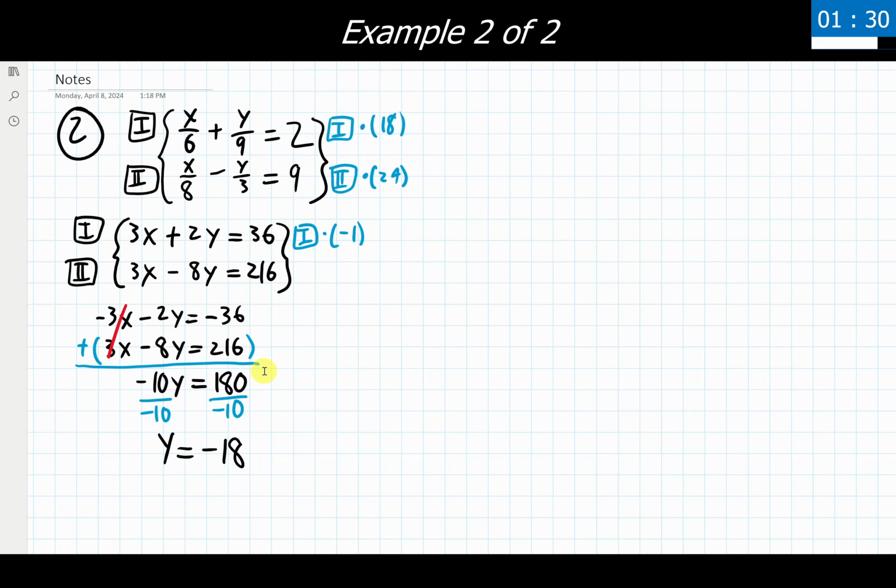So we've just completed steps 1 through 3 up to here. Now we're almost done. Let's go ahead and move on to step 4. We're substituting the value from step 3, this negative 18, in for that respective variable, y, in one of the original equations. Doesn't matter which one, we just got to pick one and commit to it.